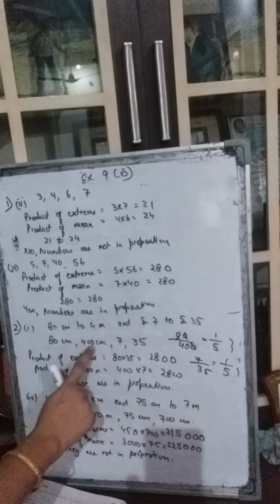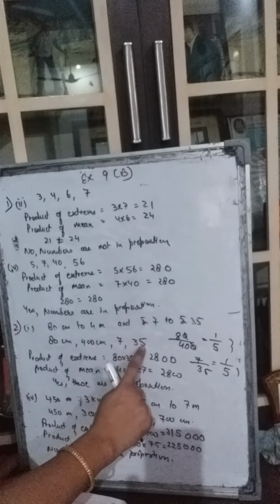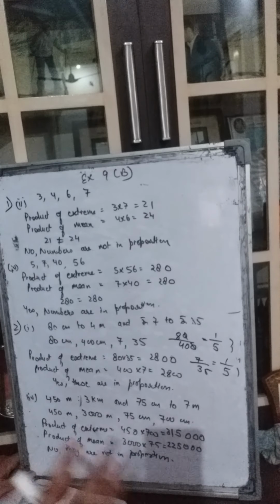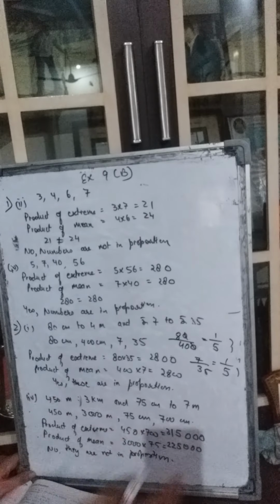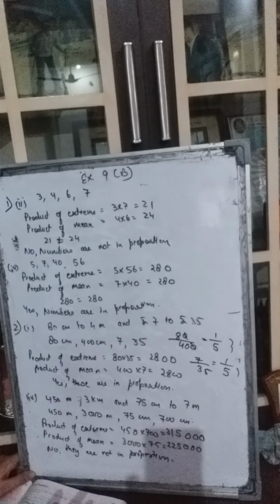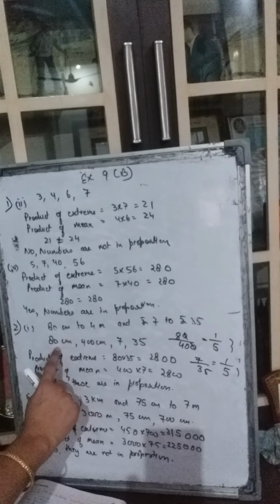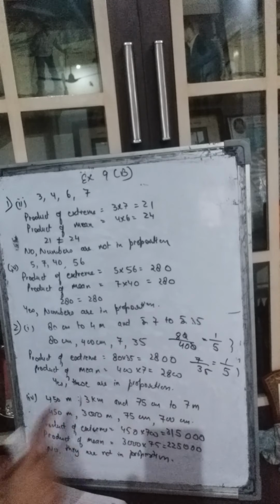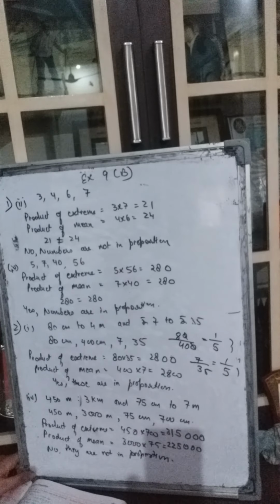Right? A upon B is equal to C upon D. You can do it either way. You can do it this way or you can do it that way. Up to you. But writing them in the same sequence is very important. And the unit also. Please take that into consideration.